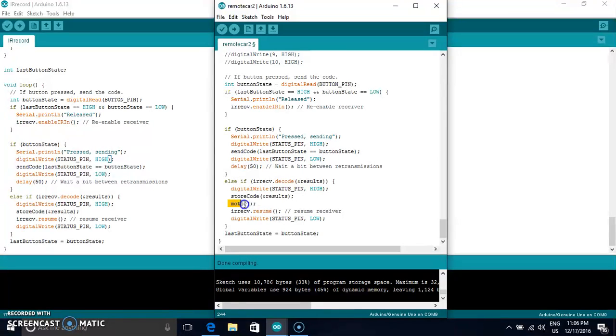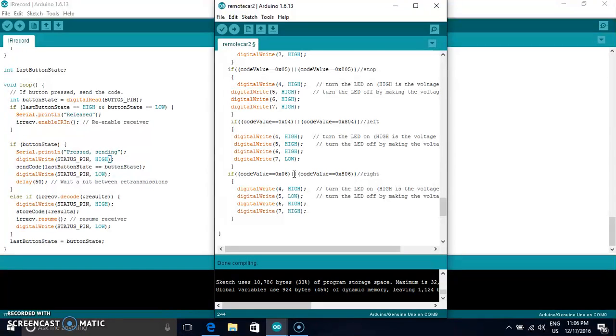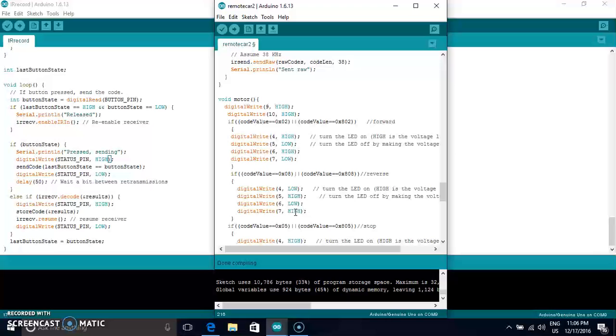Okay, in this motor function I have written code to move the motor in different directions, forward and reverse, depending on the code value received. Now see, this is the motor function. In this motor function,